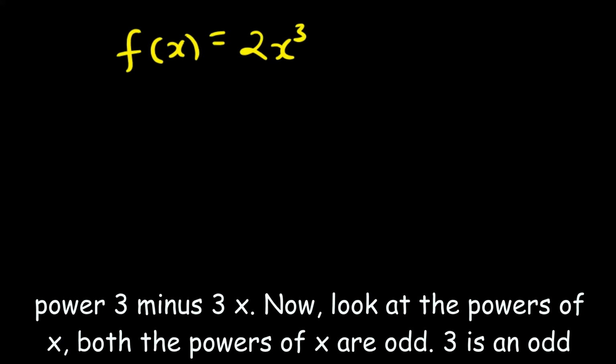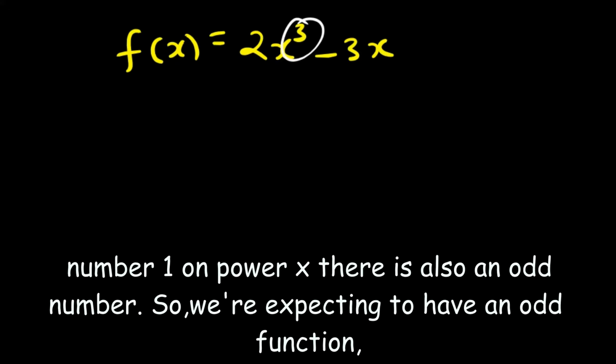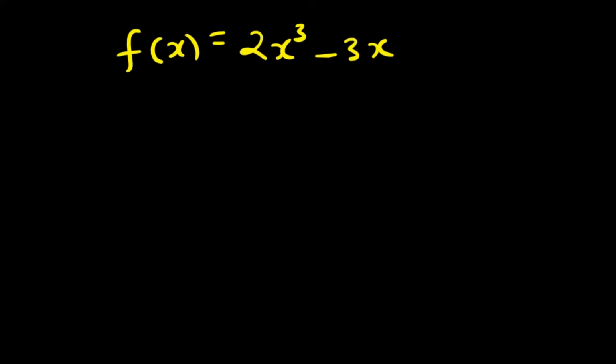Okay, let's solve another one. Let's say this time around I've got f of x equals 2x to the power 3 minus 3x. Now look at the powers of x. Both the powers of x are odd. 3 is an odd number, and 1, the power on x there, is also an odd number. So we're expecting to have an odd function. However, let's solve. So f of negative x should be equal to,